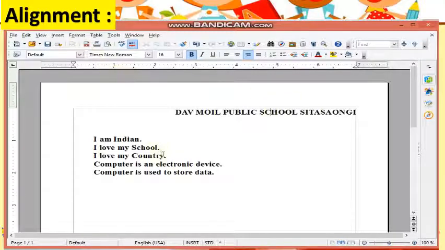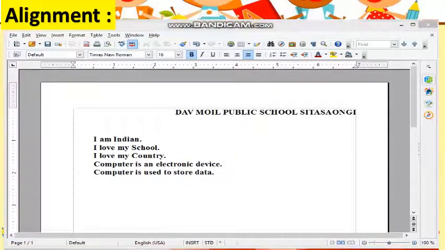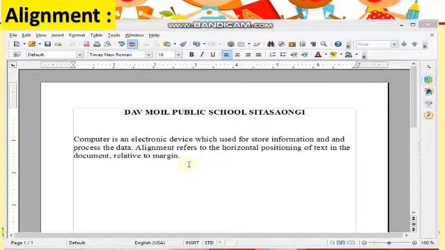We also use the justify alignment. Justify means the text combines left and right alignment, so it fills the entire space from left to right, adjusting the space between the words and characters in each line.